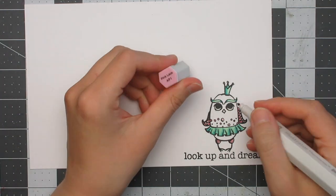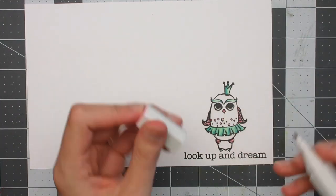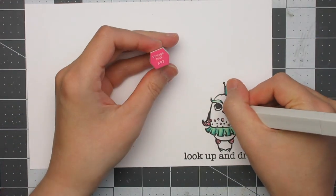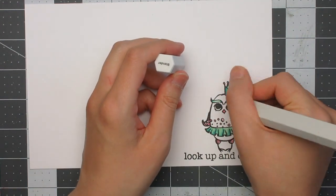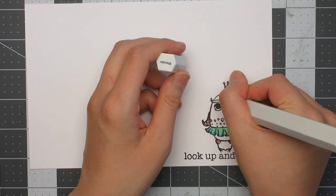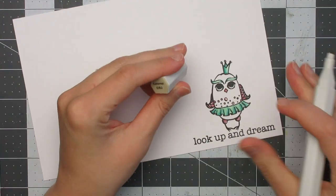I did use the same pinks to colour the owl's beak, and then I had a little bit of bleeding under one of the eyebrows, so I went in with my blender pen just to knock that back a bit. Next I coloured in the body of the owl, and I didn't want to bring in any more colour here,